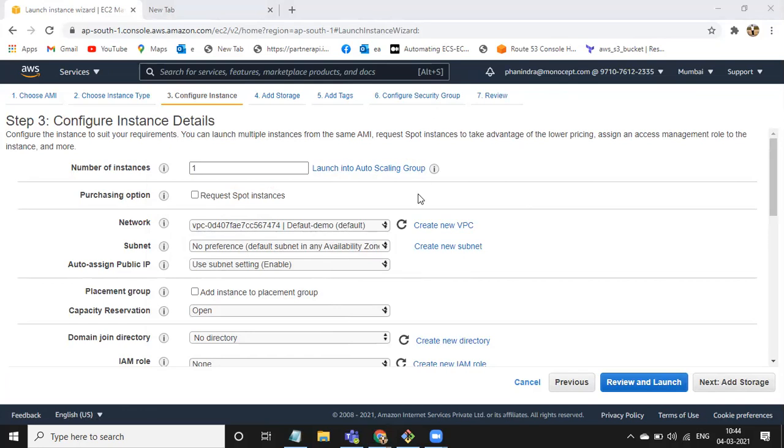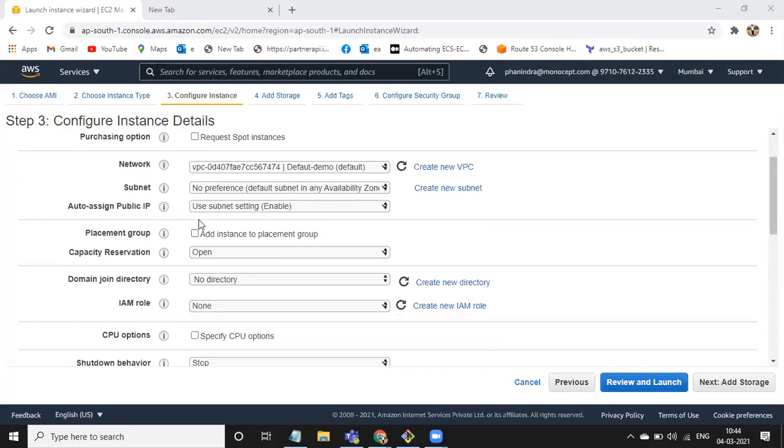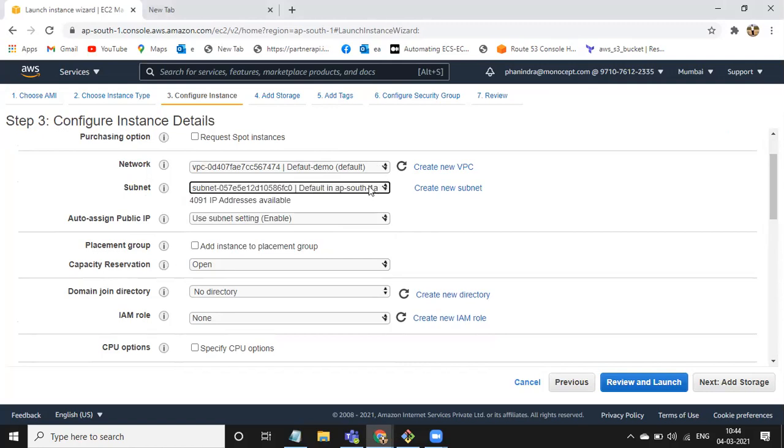You can use that, but if I launch in a private subnet I can get billed. You can use public subnets and an internet gateway, for that they will not charge. So by default AWS is giving me the default VPC. I'm going to launch the server inside this VPC. And what is a subnet? I'm choosing the ap-south-1a subnet. I have one subnet in 1A. In this subnet I'm going to launch my server.